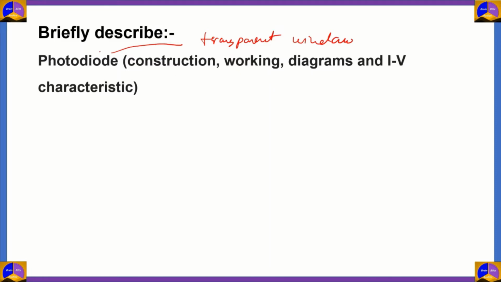And this photodiode usually operates in reverse bias. So the photodiode is what we use as sensors. Light sensors are mostly made of photodiodes because when light of sufficient frequency hits a photodiode, then it can conduct electricity. So first of all, let's look at the construction